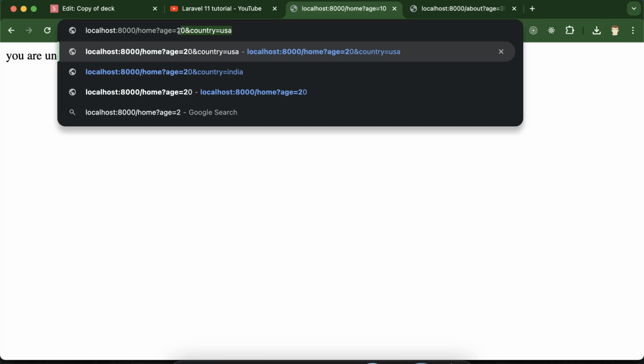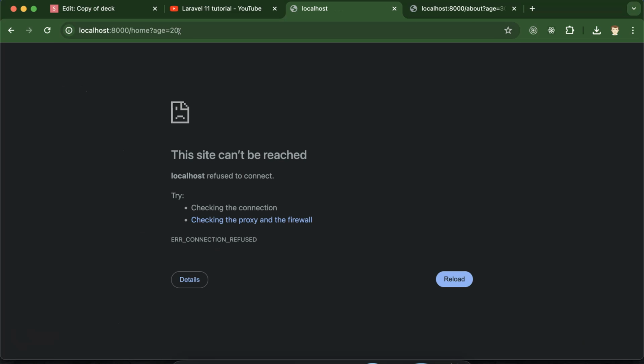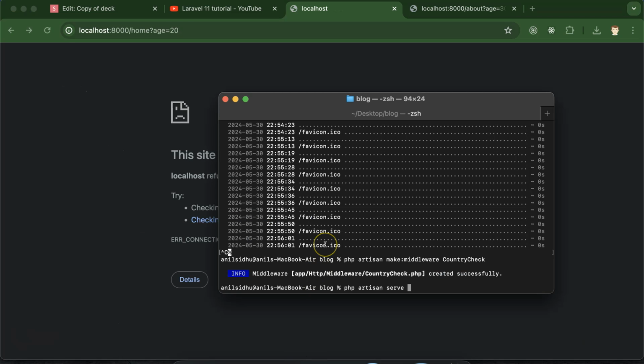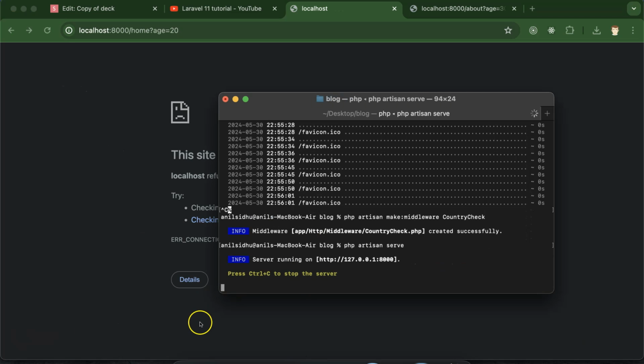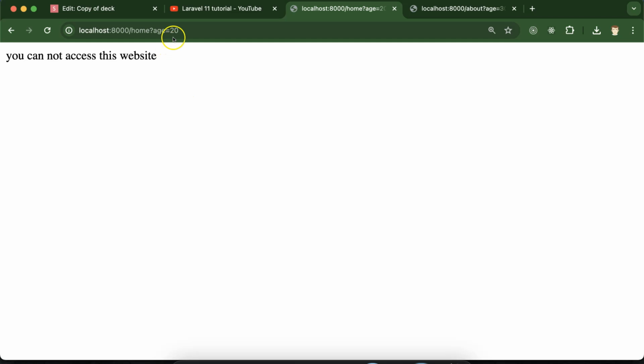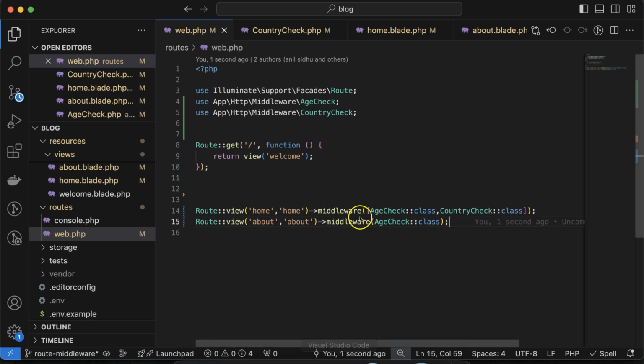Let me just make the age 20. This is perfectly fine. But okay, one more thing, we have to run the PHP server also, right? But the country is not India. So if you just mention country India, then you can access this route. Otherwise this is not working, right? So this is how you can apply multiple middleware on a single route, and this is how you can apply a single middleware on a